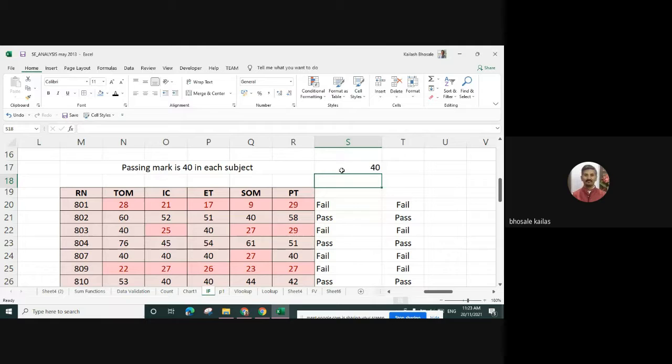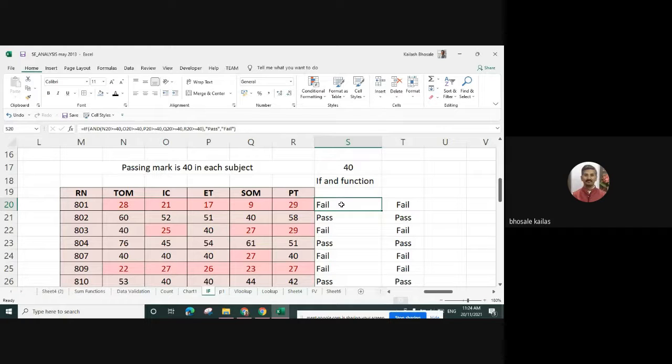Now we will use the IF AND function. Where can we use this? Suppose there are many logical conditions, and all the conditions should be satisfied. In that case, we can use the AND function. We can use the OR function when any one condition should be satisfied.